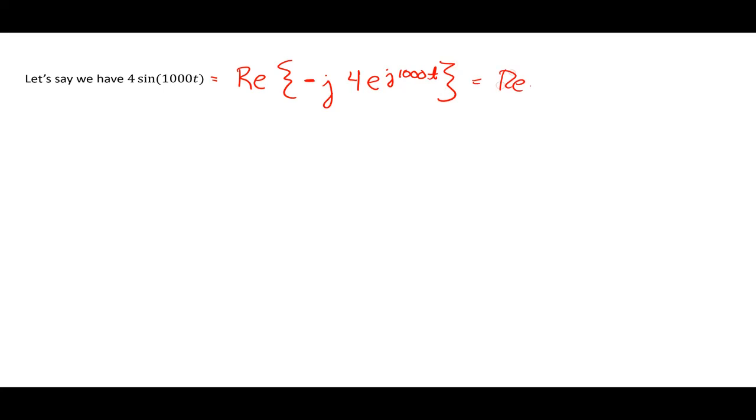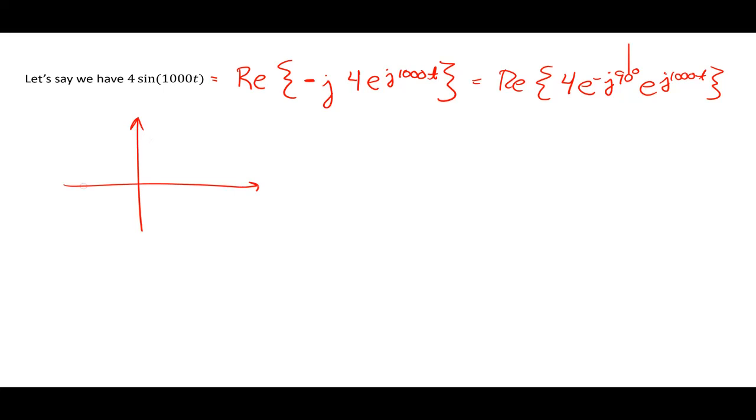Or I can say it's the real part of 4 e^(-j 90 degrees) times e^(j 1000t). Okay, so in this case, if I were to do the dynamic and static phasor, here's the real part, here's the imaginary part. The static phasor points straight down at minus 90 degrees, and the dynamic phasor would rotate from there. So let's real quick